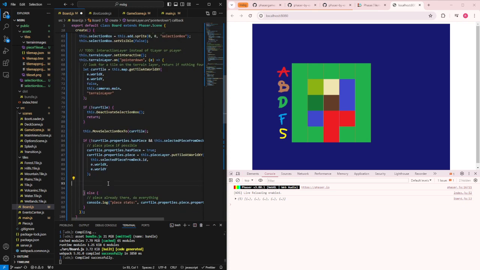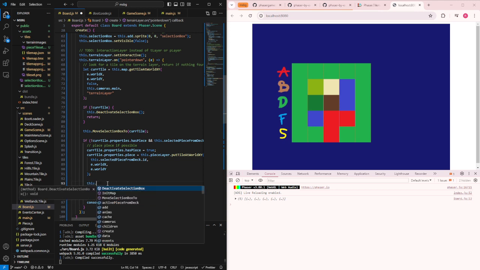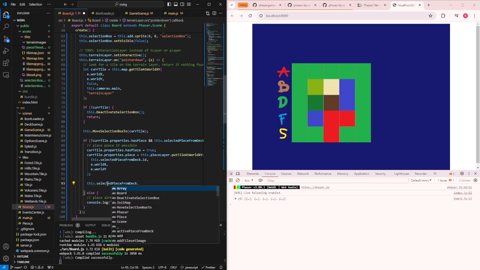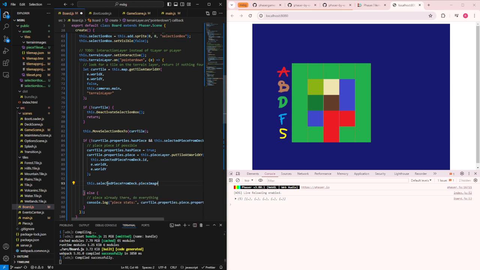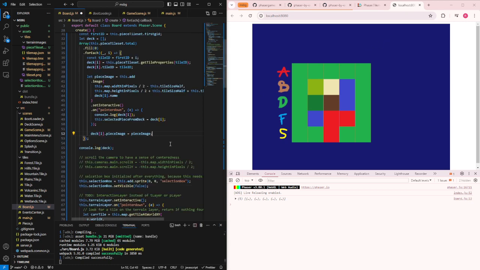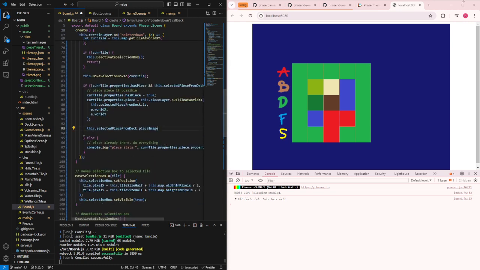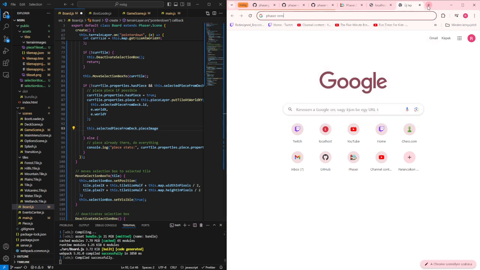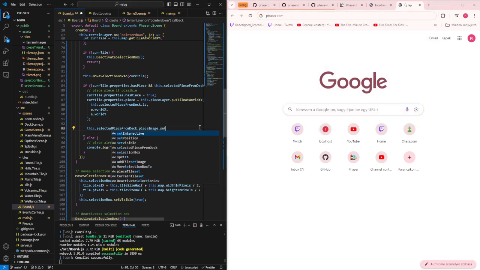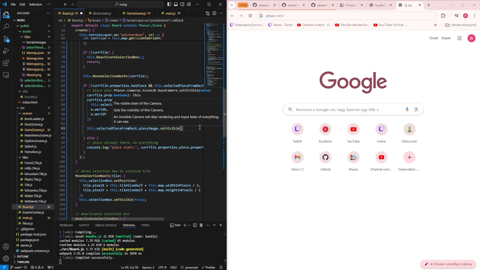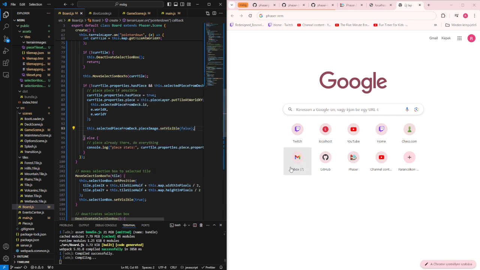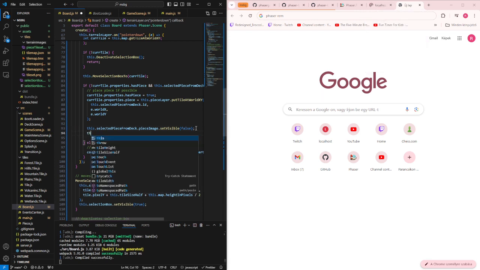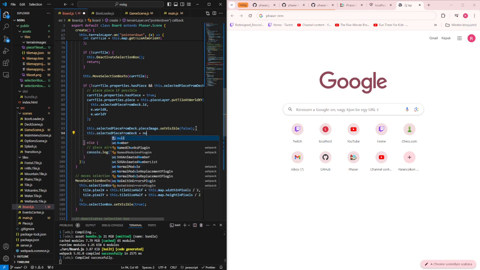So this way I can say that this set the piece from like this image, remove, set visible false, also select piece from them equals